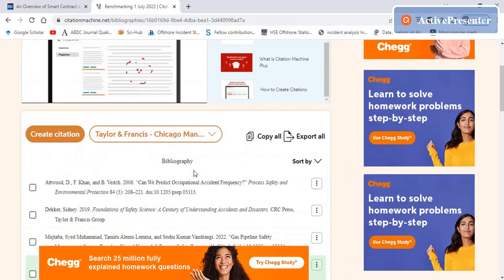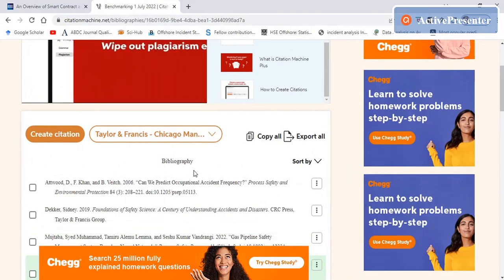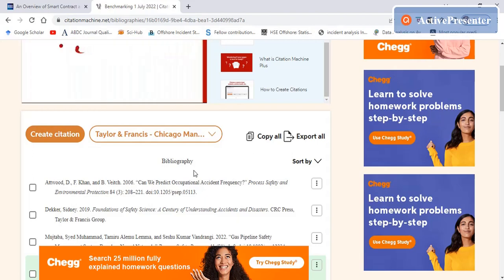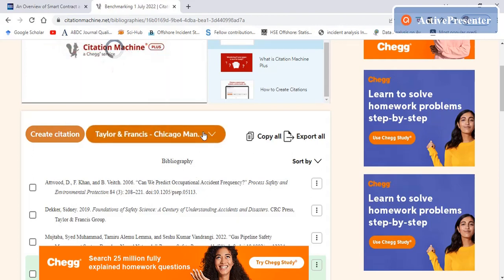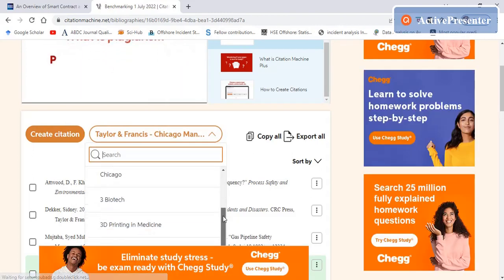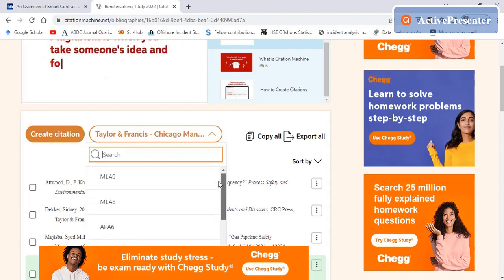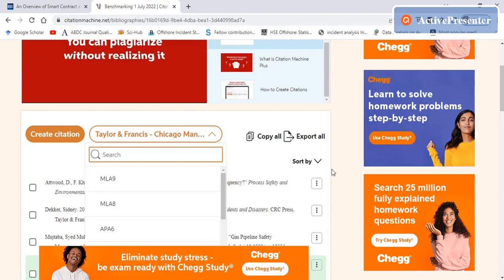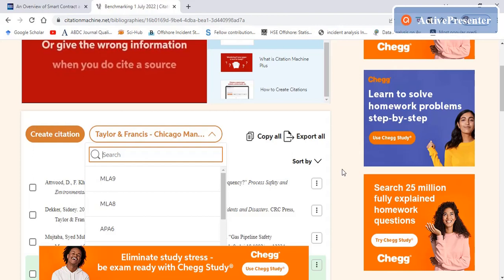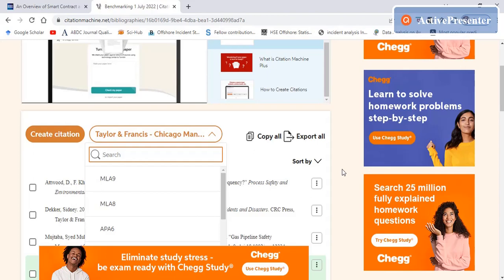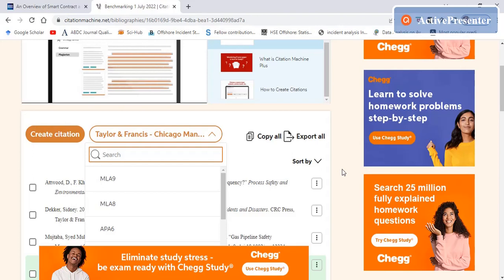So once you create a folder and add all your references into that folder, you can automatically format your references into any style. It has approximately 400 or 500 styles. You can use the software for free. The first time when you add all these references, it might take a lot of time because you need to copy-paste each article's title or DOI to add them into the list. But once the references are added into your list, you can automatically format the references style into any journal